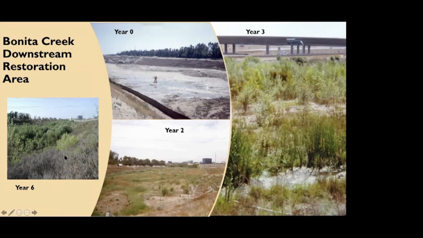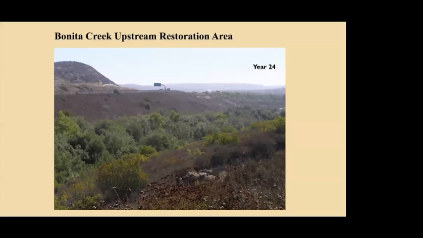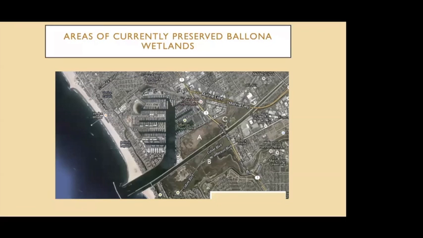But here's the habitat still developing in year 6 with the upland coastal sage scrub. And it's resilient because this is 24 years later. No maintenance required. And here come some of the bigger trees. At any rate, part of the success of these habitats is looking at the soil and making sure you're adding mycorrhizal fungi to your soils. So looking at Ballona,